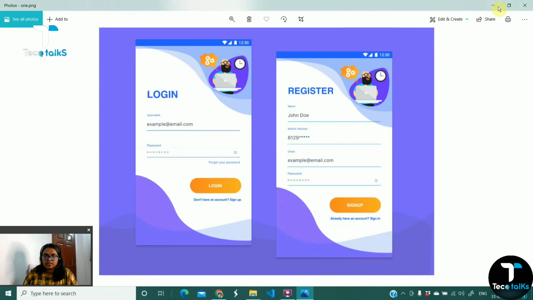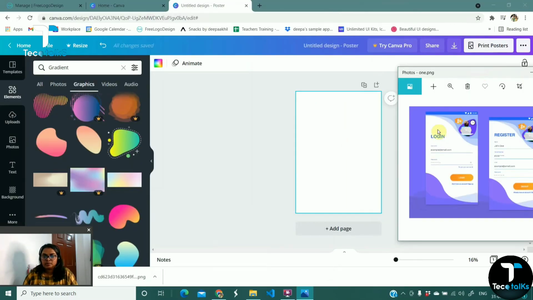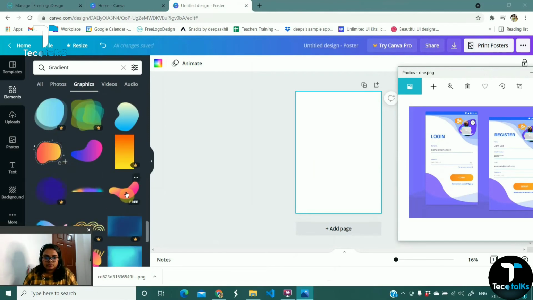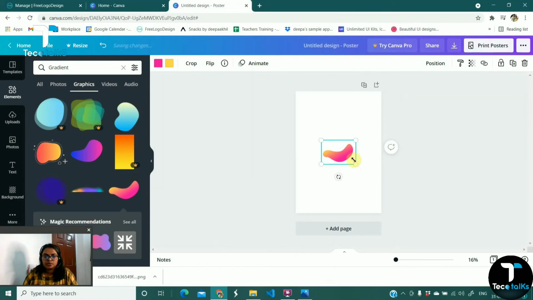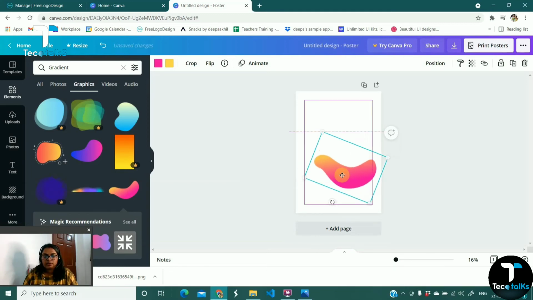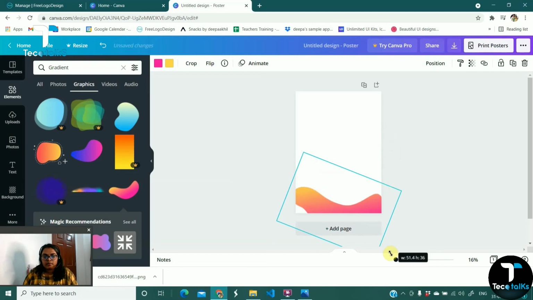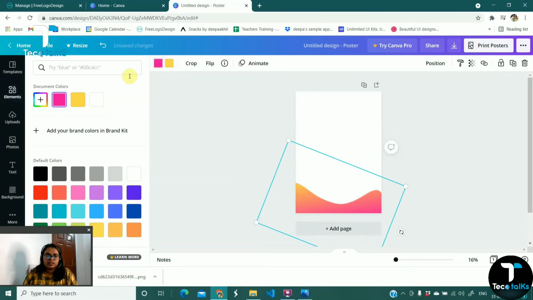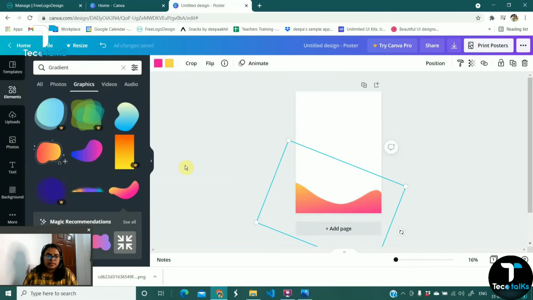So I'm just minimizing this picture. Okay, I'm just keeping this picture over here. So we need to get a curve like this, and behind that we have one more curve like this. So we will check which one we can use to achieve this. We can achieve the bottom one using this option. So I'm just increasing the size, and if you want to change the angle, we can use this one. We can change the angle like this. I am increasing the size more and making it a little bit taupe and putting it over here. Okay, let's keep the same color.